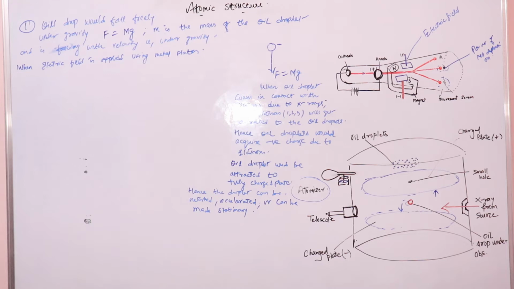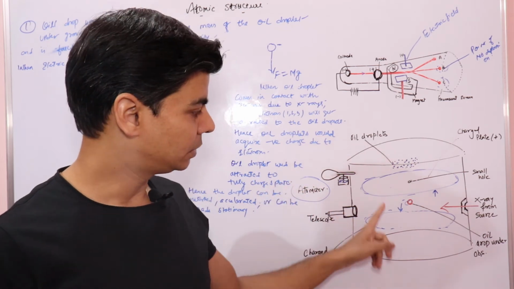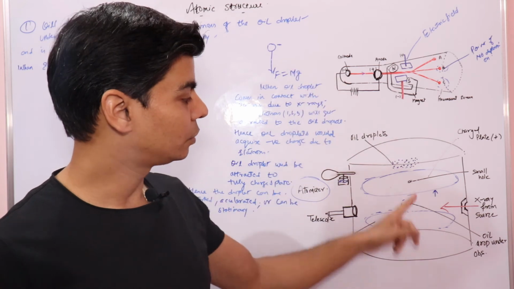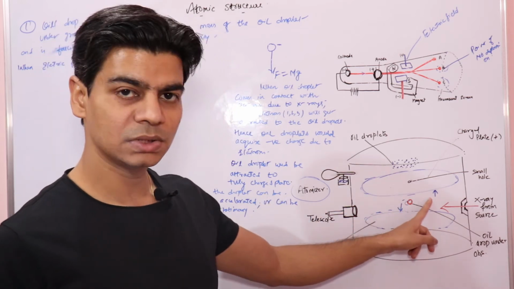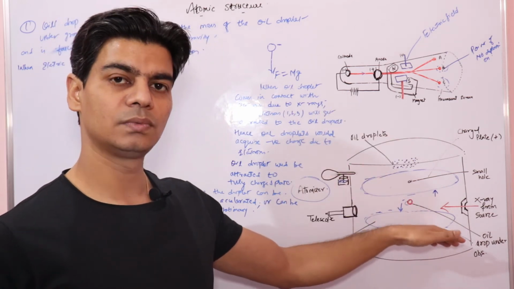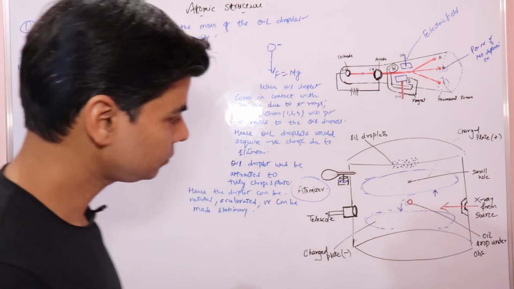So just make sure you are clear with these things: an oil droplet without electric field, when it's falling under gravity, is acted upon by force mg. When it enters the space between the plates, the air is ionized, and we have electrons that get attracted to these oil droplets. These oil droplets acquire a negative charge, and since we have an electric field applied, these oil droplets would be attracted to the positive plate of the battery. So we can slow down these oil droplets, or make them travel at a faster rate, or make them stationary by varying the electric field, right?